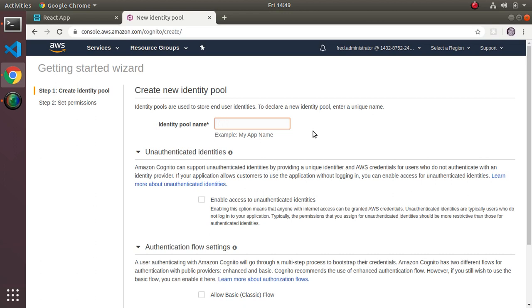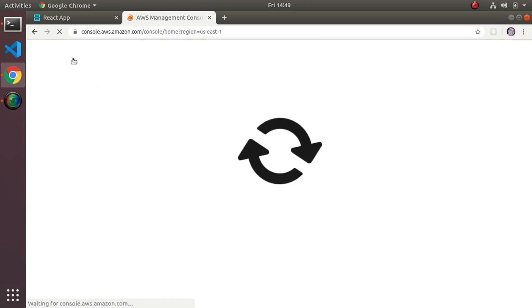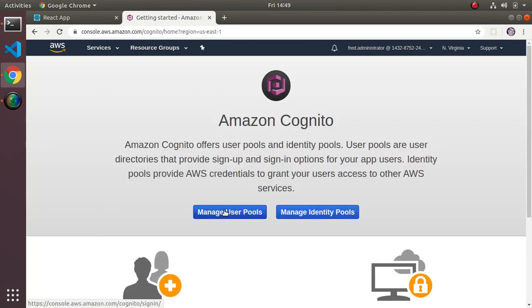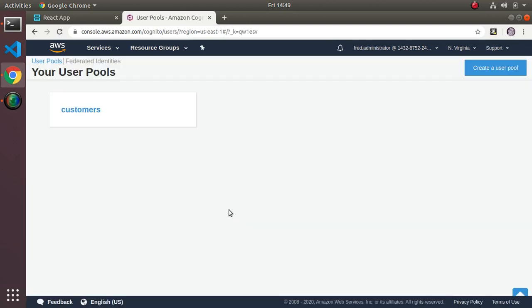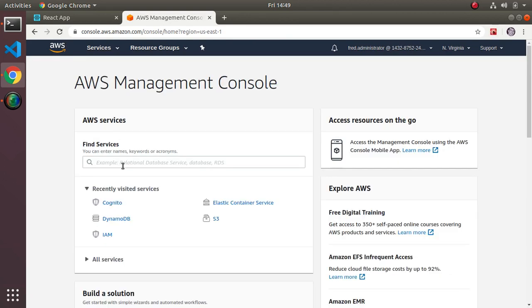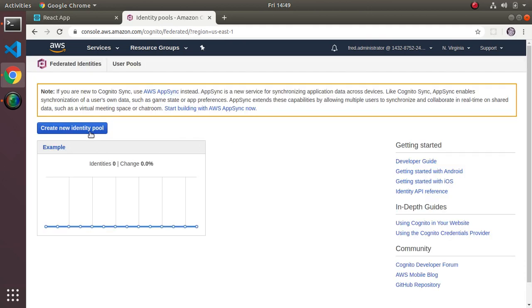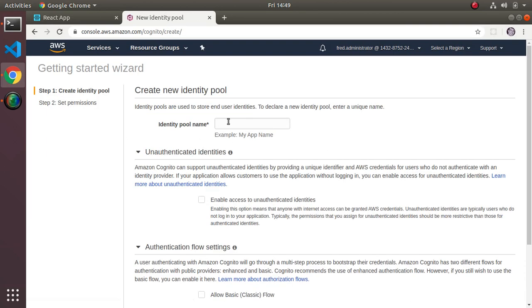I think I am going to name it the same as something. What did I name? Manage user pools. I'm going to call it the same as this. I have a user pool called customers, and I'm going to create my identity pool the same way, just for consistency. So let me go to Cognito, customers. Okay, so manage identity pools, create an identity pool,